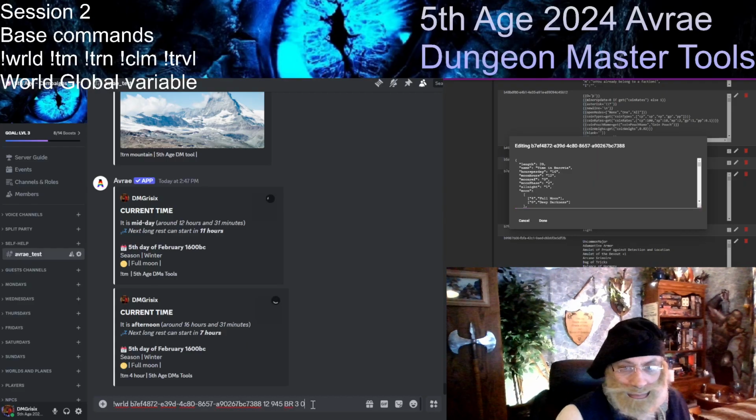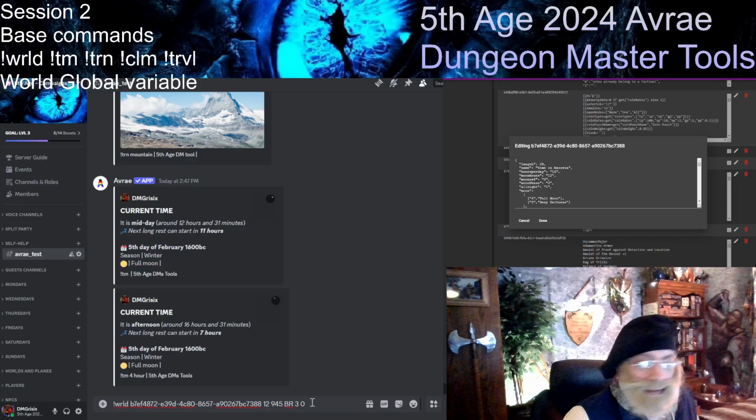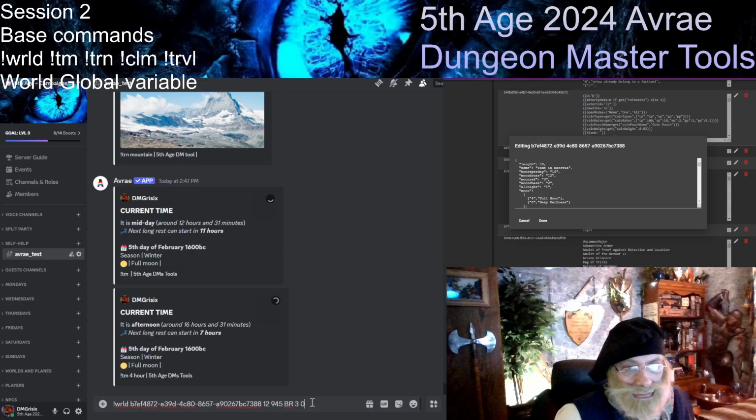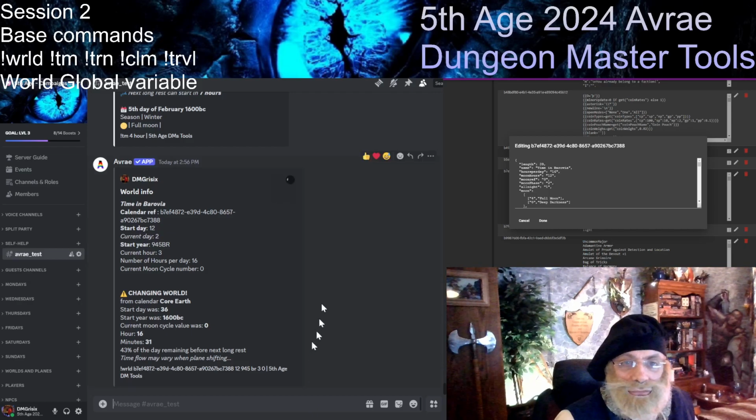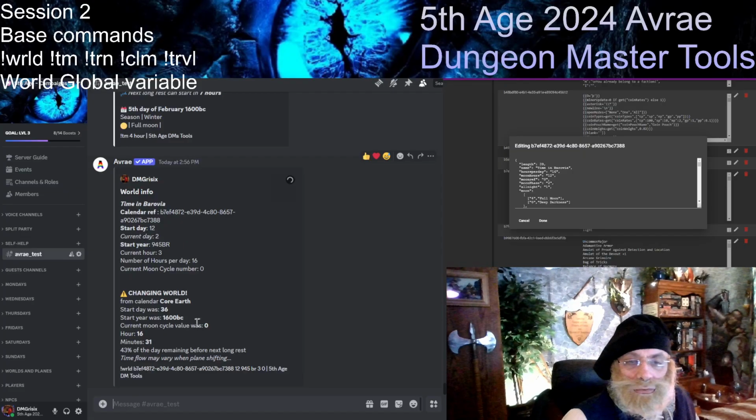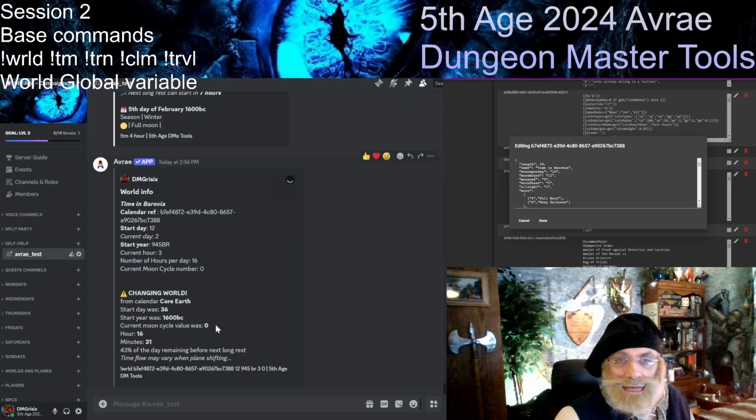So that's where we are coming back here, where I have my command ready to go, and they have found a way to get into Barovia, and they are going through. As they go through, that information is going to keep a little bit of detail about where they are coming from. First it will tell you the current day, the current year, and the current hour in Barovia, but you also want to keep track of what the time was in the world that they left. It can be a reminder for everybody.